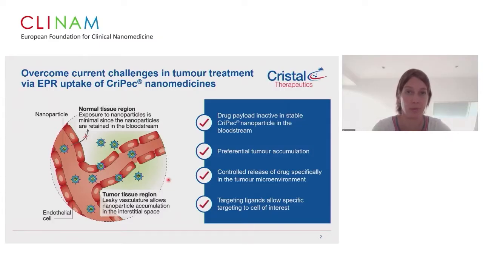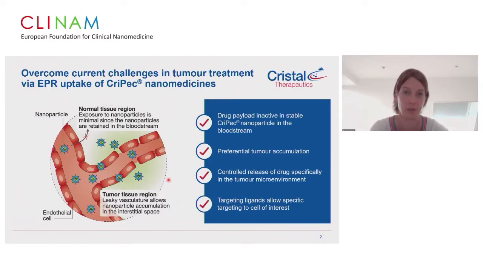So my name is Cristianne Rijcken, and I'd like to give an update about the so-called CriPec platform, which stands for cross-linked polymeric micelles. So clearly, you all know the EPR, the enhanced permeability and retention phenomenon, and what it goes along with is making sure the tumor is actively targeted and you have less exposure to the healthy tissue, so really shifting the balance. And by taking a look at the biology,